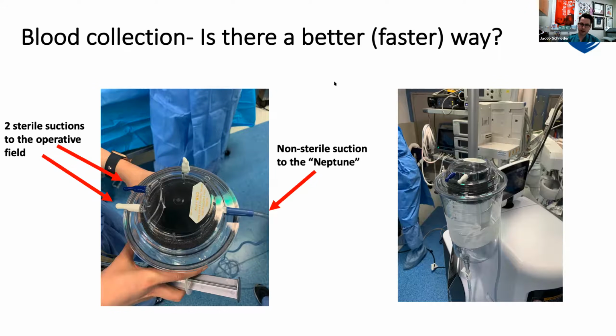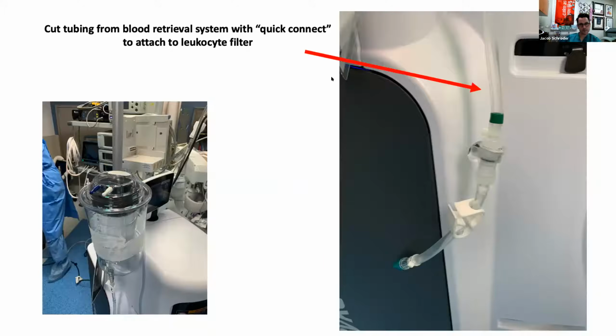And we connect our suctions to that and draw the blood off actively with the Neptune suction. The only time when we've done this method that the abdominal team has had to wait for us was the last one that I did, about a week and a half ago. And that wasn't because the blood draw took time, but because the sternal saw blade broke, and we had to get a new blade on the saw. But this method actually takes about 30 seconds to get that liter of blood out. So I think the concerns of the liver surgeons about waiting should not be an issue using this method.